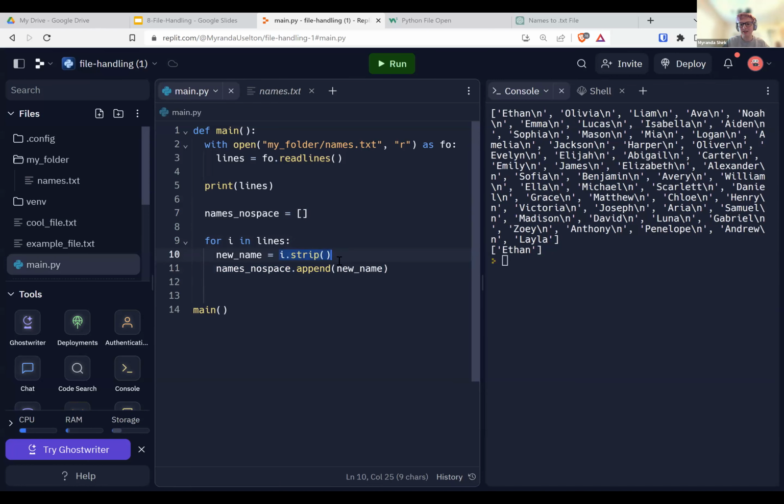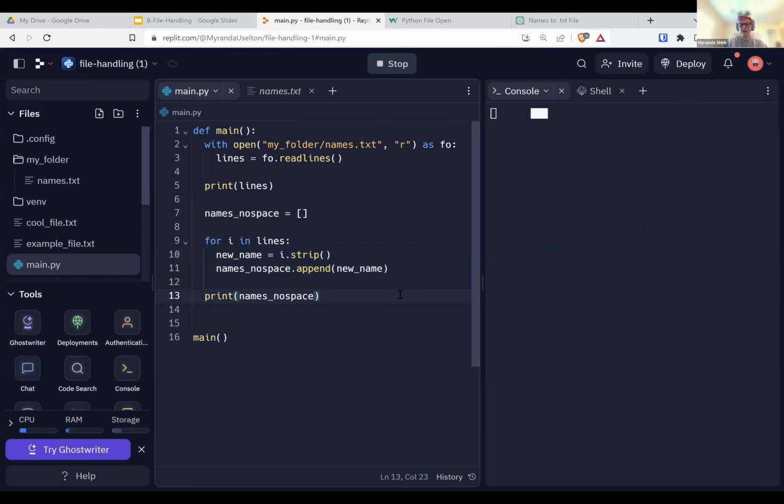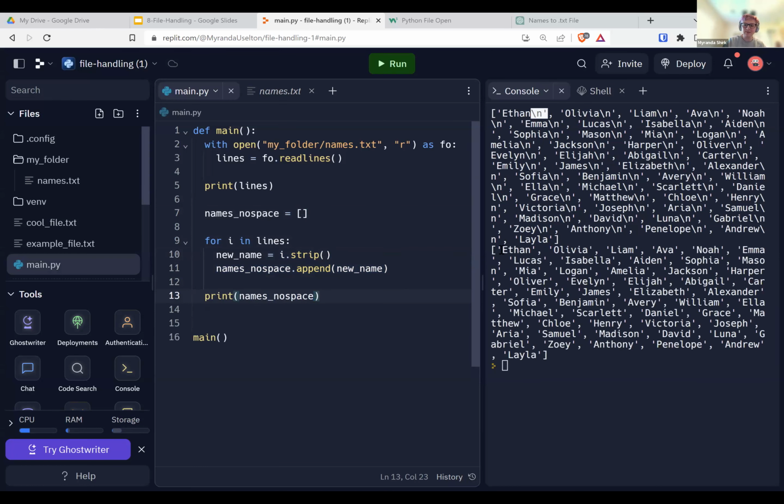It is stripping the extra \n, the new line character, and then we're adding it to our names with no spaces list. And now, finally, we can print names, no space, and hopefully that worked. And there we go. Now we have all of the names without the extra spaces. So I think I took up plenty of time on that example.